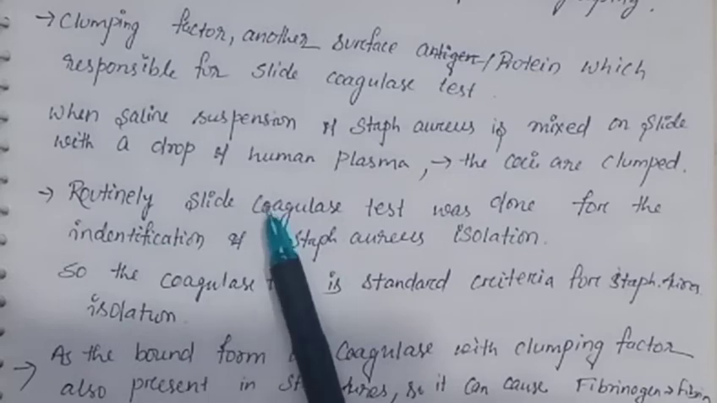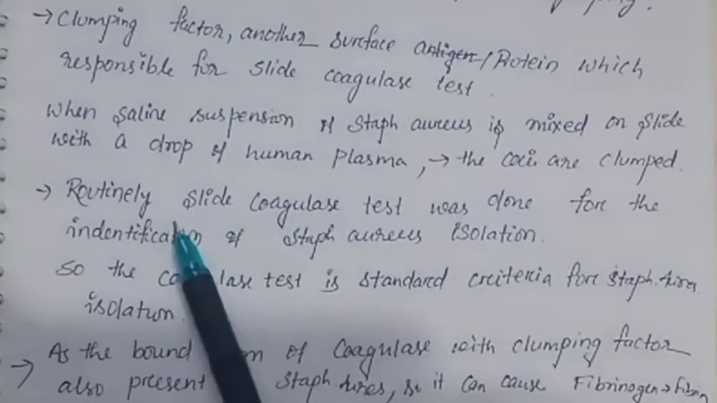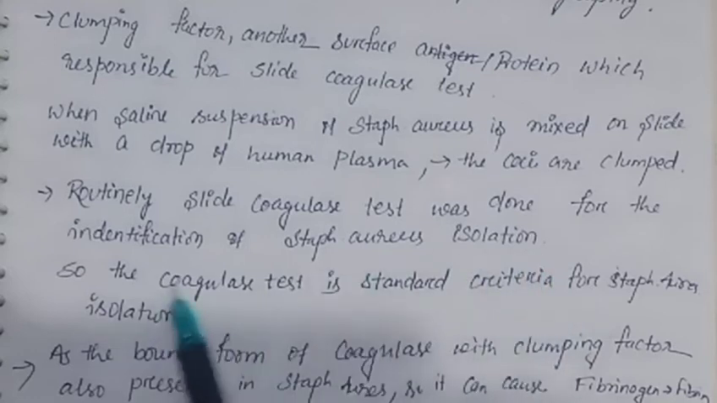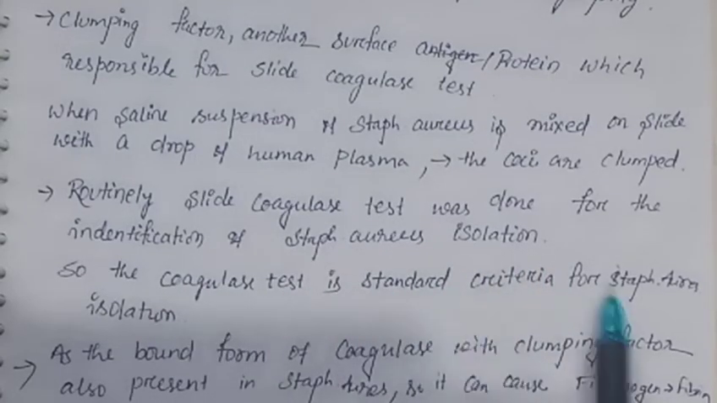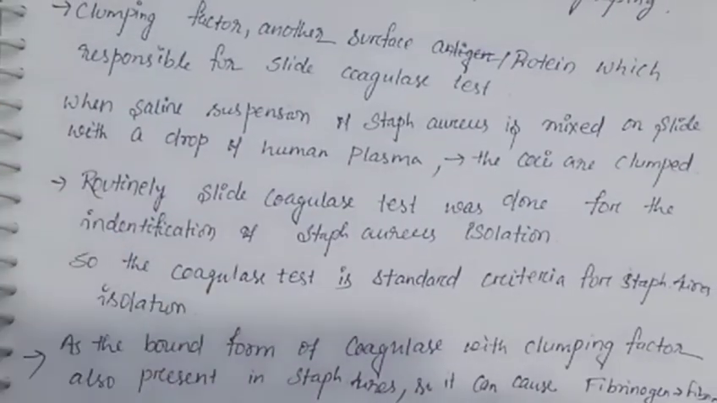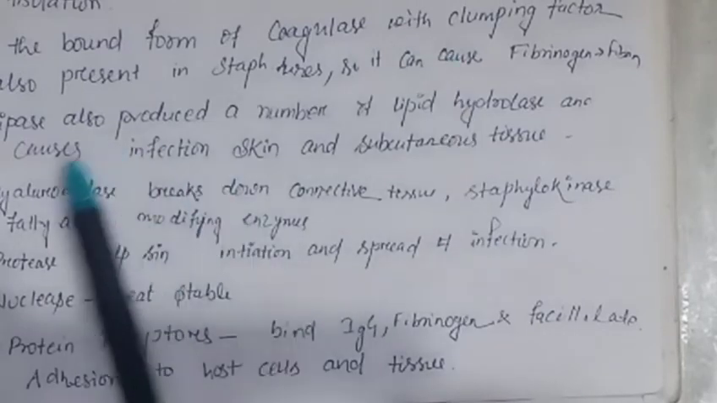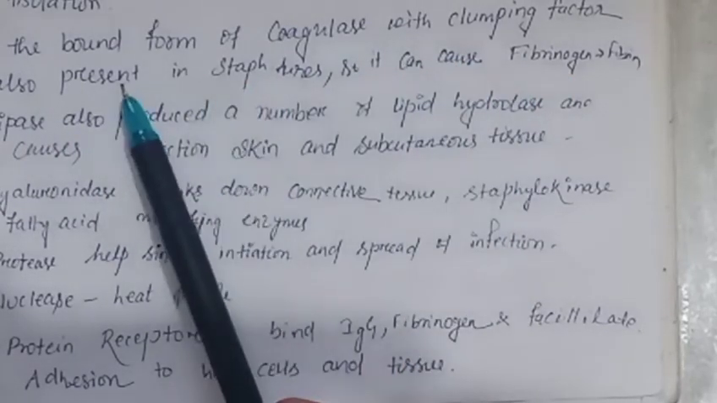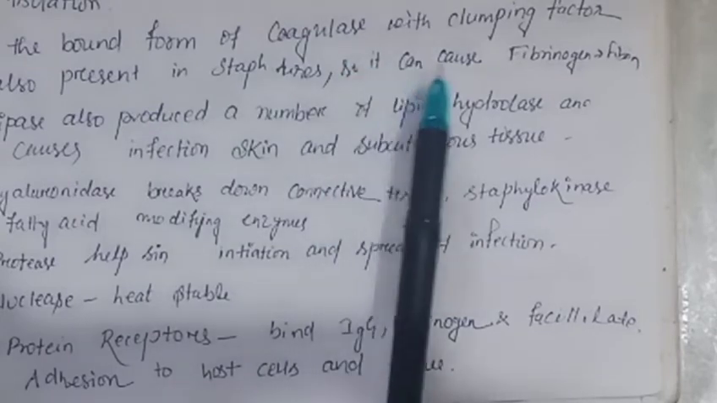So routinely, slide coagulase tests are done for the identification of a Staphylococcus aureus isolate. So the coagulase test is the standard criterion for Staphylococcus aureus isolation. Then, as the bound form of coagulase with a clumping pattern is also present in Staph aureus, so it can